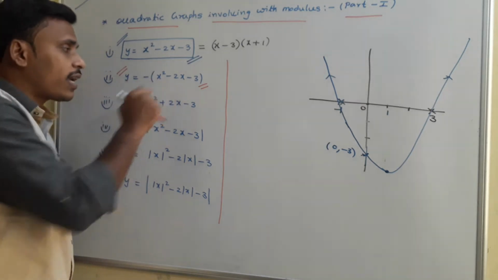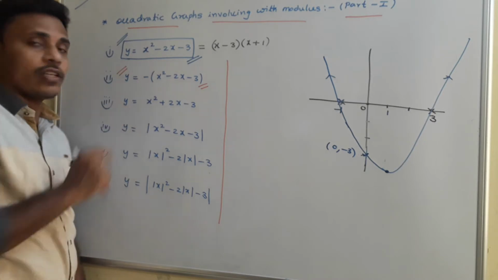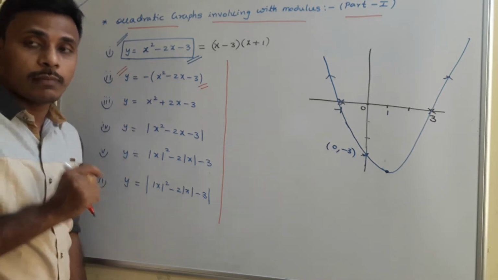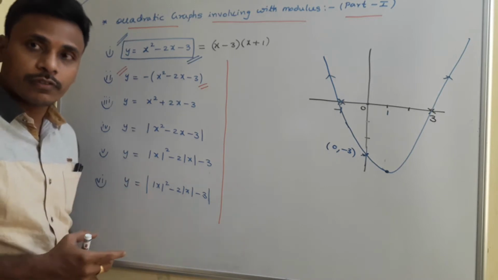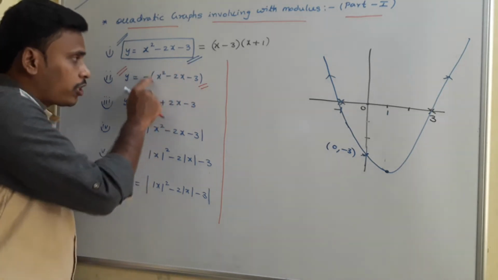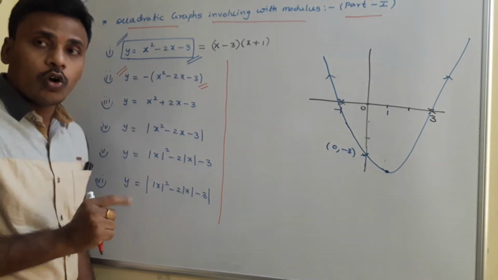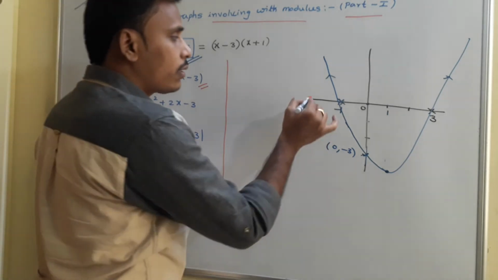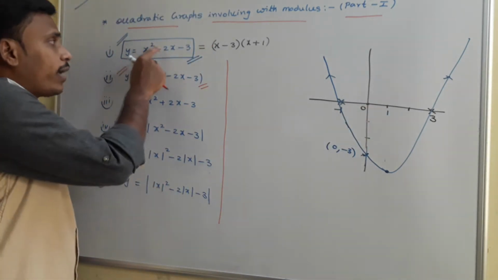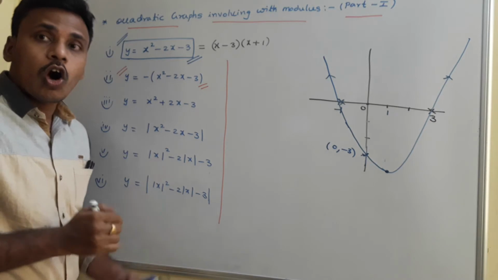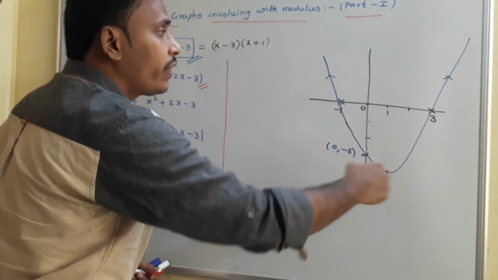When you think about the second expression, it is simply adding a minus to the previous one. Since we are multiplying this expression with a minus sign, how does it become? See, the total expression is just multiplied by a minus sign. As you know, x values are on the x-axis, and the expression values, x square minus 2x minus 3 values, are the values on the y-axis or on the graph.